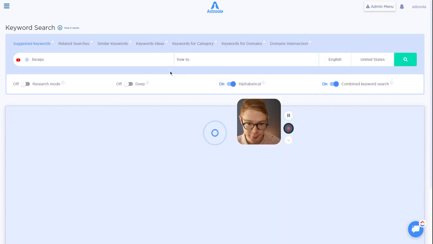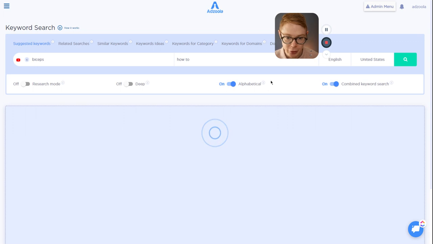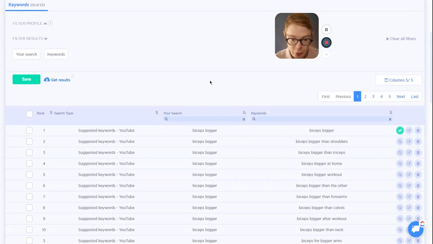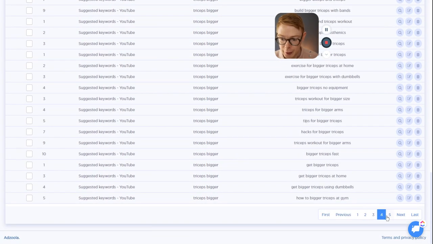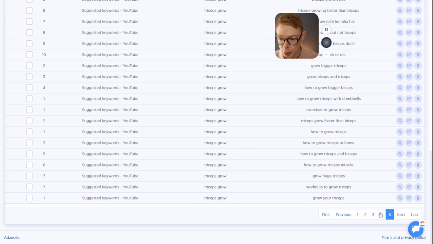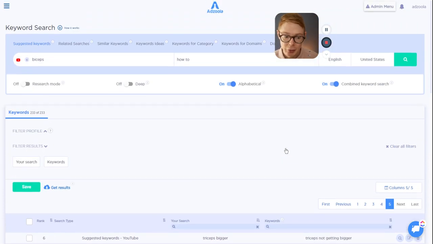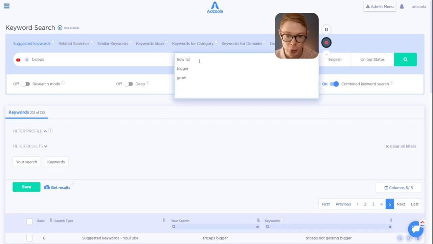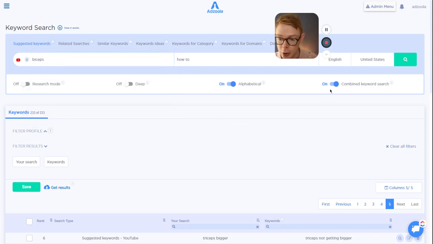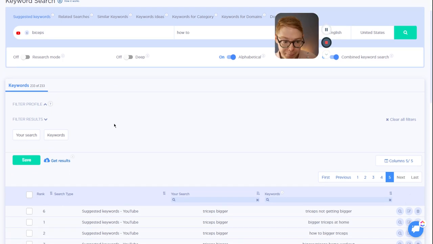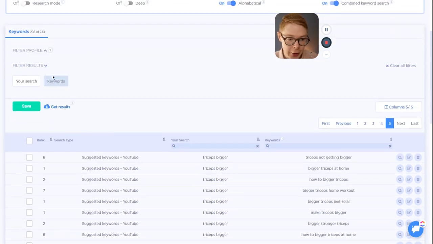So let's do that and see what the suggestions are. Now we've got alphabetical on, so we're going to get quite a few suggestions. So yeah, you see biceps bigger, and then you can see all of these suggestions, triceps grow and that kind of thing. So it's just a time-saving measure if you've got some modifying keywords and some initial starting seed keywords that you can mix. You can do that. And then finally, I just wanted to mention the